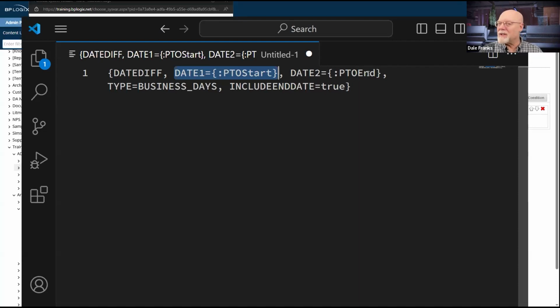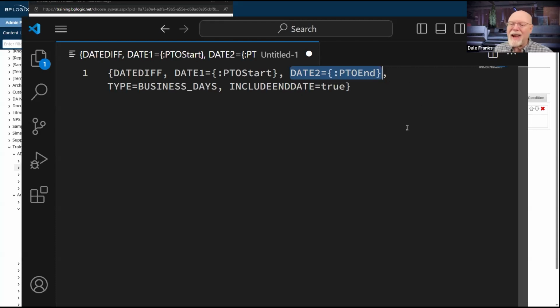Of course, that's not generally how we do things when we are talking about putting in leave. We put in our first day of leave, and then we put in our last day of leave, and we expect to count all of those days of leave. And since that is so, we do need to use the include end date equals true parameter on our date diff because we want to be sure that we include date 2. If I say I'm taking vacation on the 11th and 12th, that's 2 days, not 1 day, and I need it to be counted as 2 days.